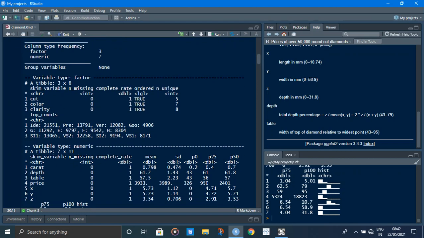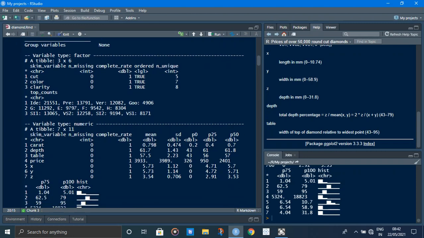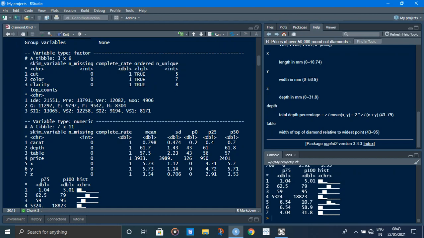The factor variables are cut, color and clarity. Number of missing data is 0, complete rate 1 means 100 percent, ordered is true, and the number of unique values is 5, 7, 8.